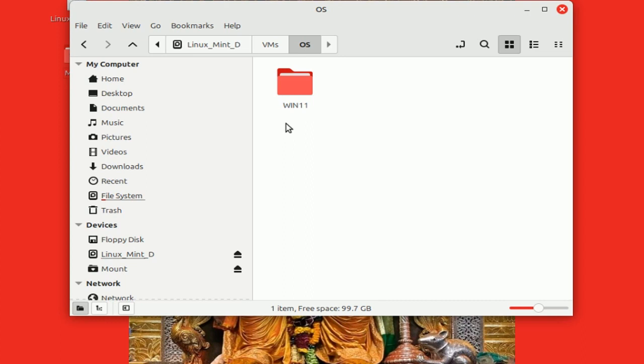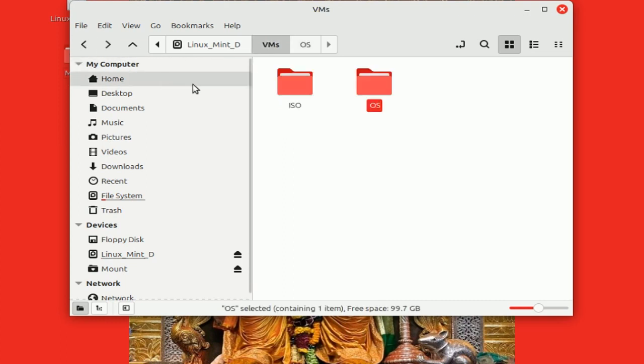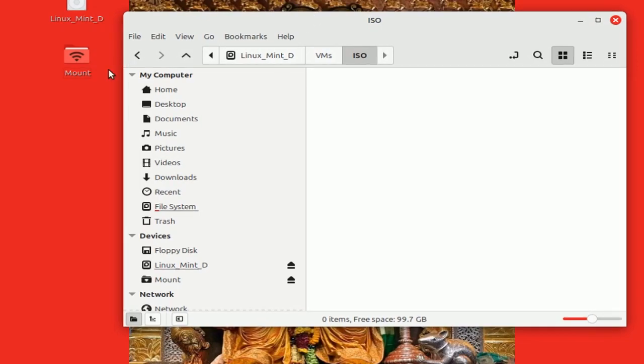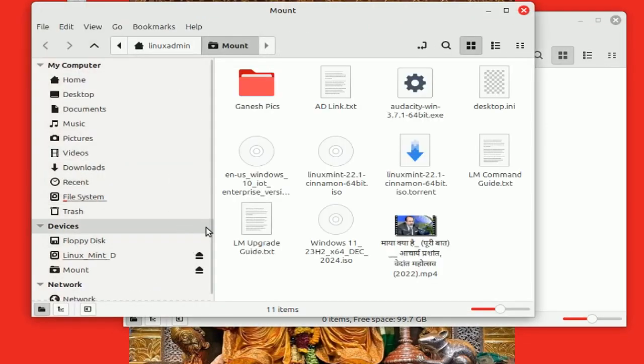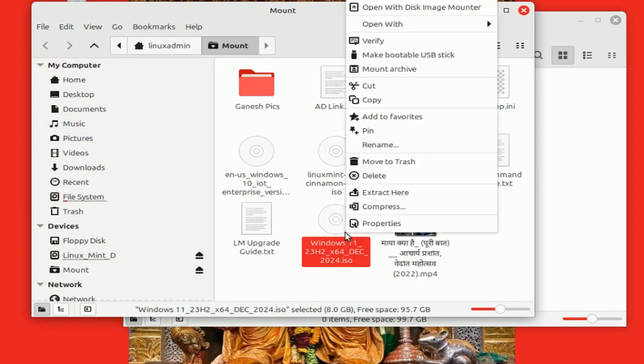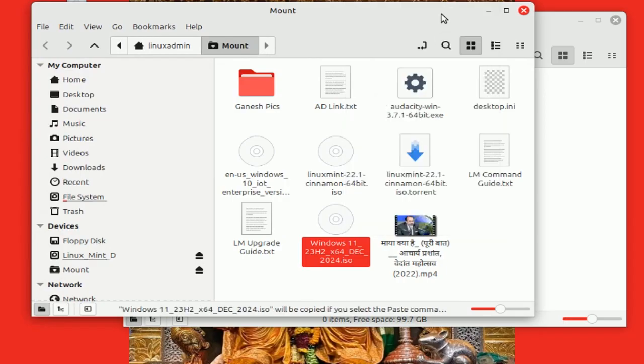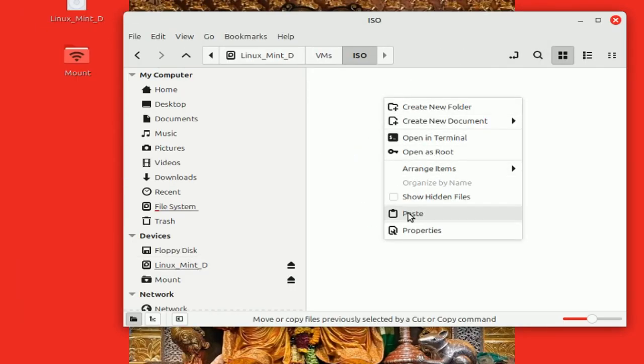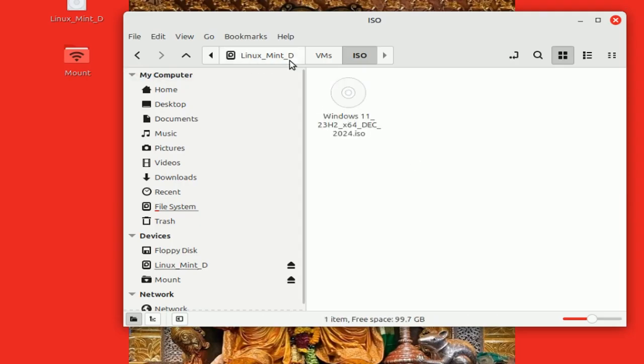Okay, so we'll go back here and I will go to the ISO folder, and here our Windows share has already been mapped. I will click on mount and I will click on my Windows 11 ISO, copy,